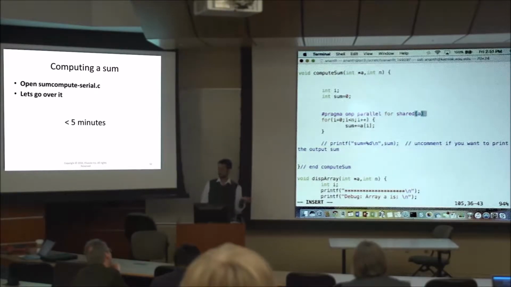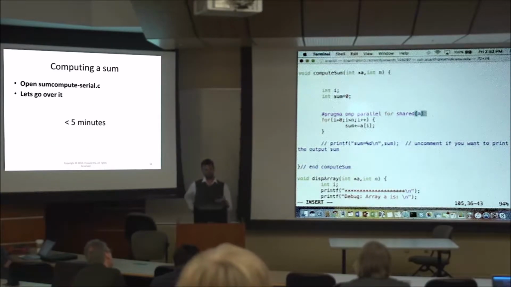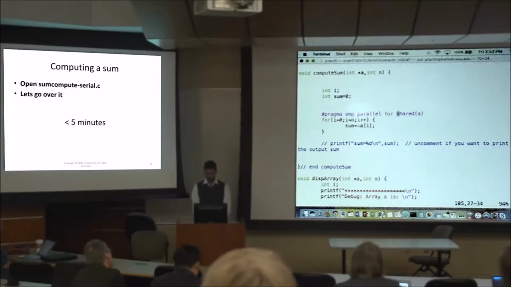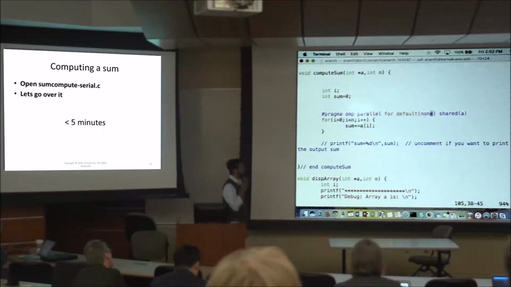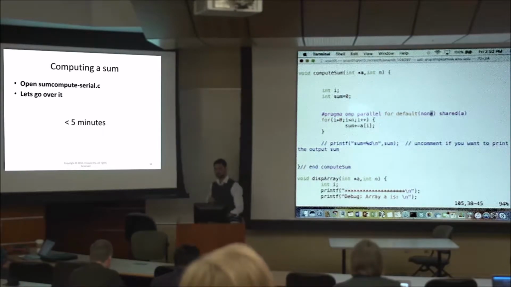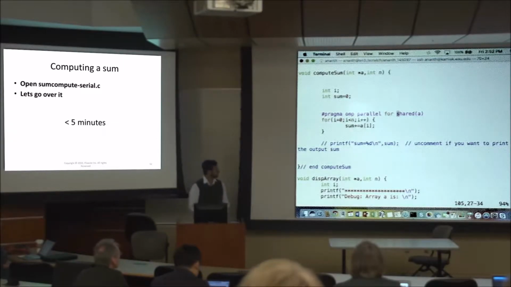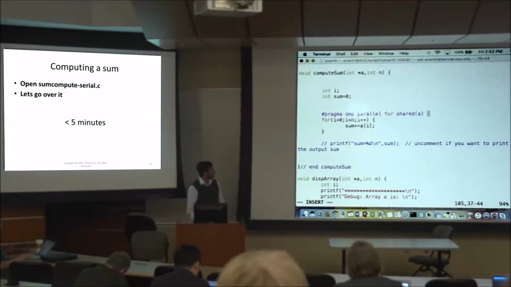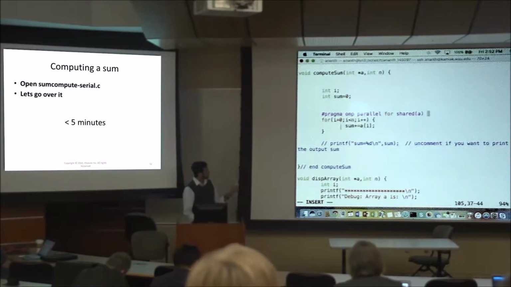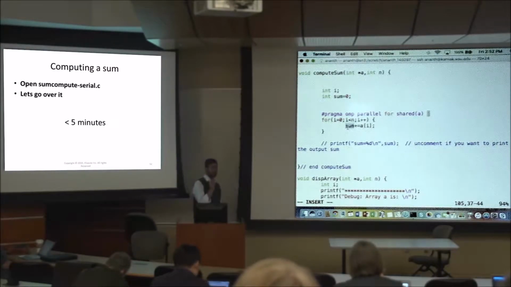So I thought that by default it was automatically shared. You are right. Just as a good coding practice, the right coding practice is this: you say default none first. You force yourself to say I want to define the scope for every variable that I'm going to be using inside this. Then the compiler will not compile until you do that. So it's the very careful way of doing it. Okay, so shared, but now I is taken care of by the OpenMP parallel for, sum is another shared variable,